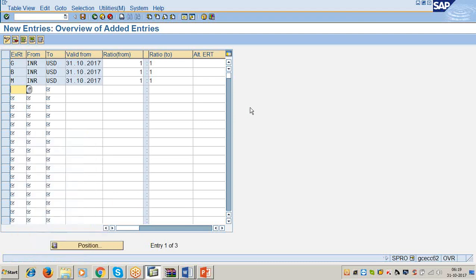Valid from... any number of currencies we can define. That point I'm going to cover now only. To is equal to INR, valid from 31/10/2017. From ratio 1, to ratio 1.